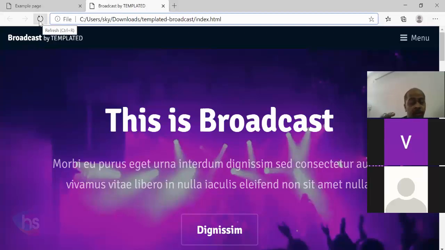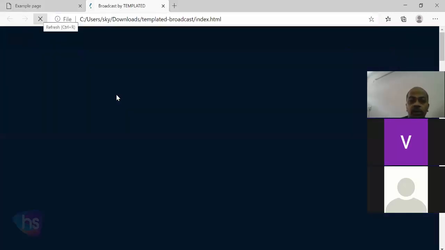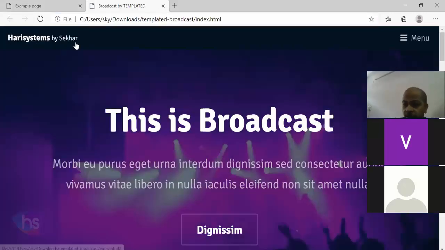Very simply, HTML does not require much effort on your local computer. By default, the browser will compile it and show you the output of whatever changes you have made in the code editor on the HTML page. So save it and refresh. Wow, it's done. Harisystems by Shekhar.